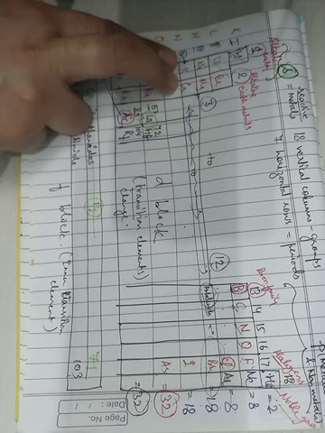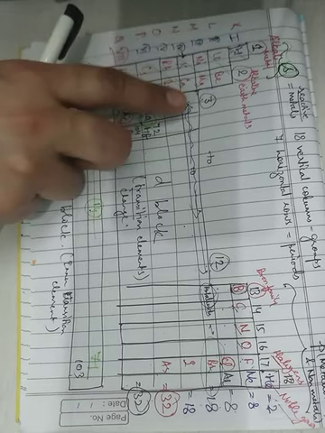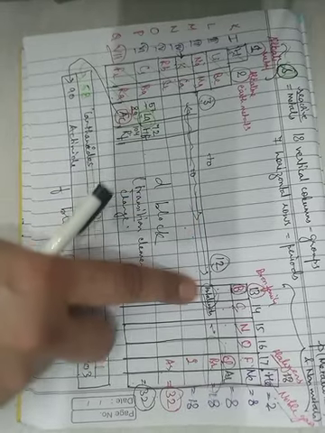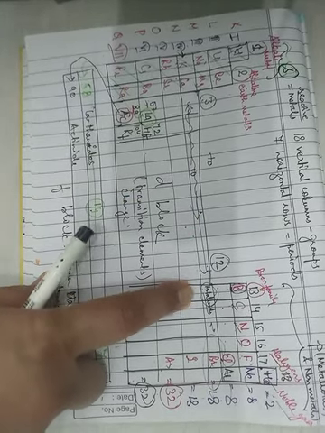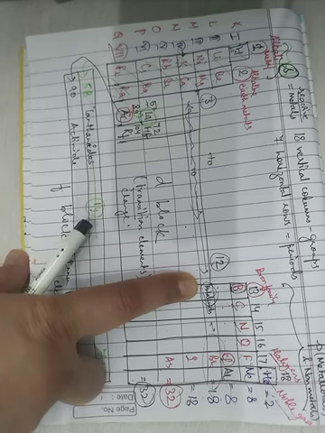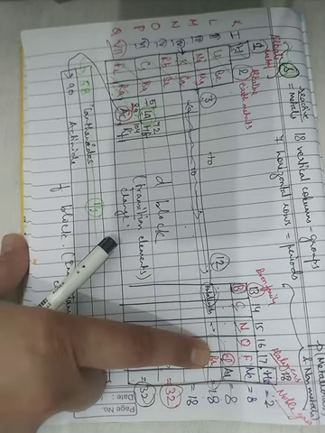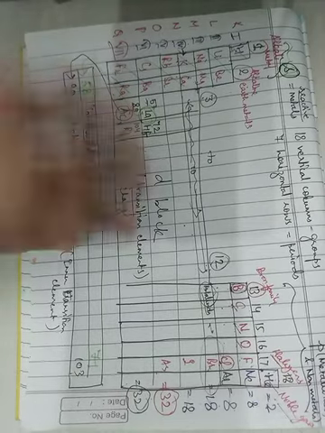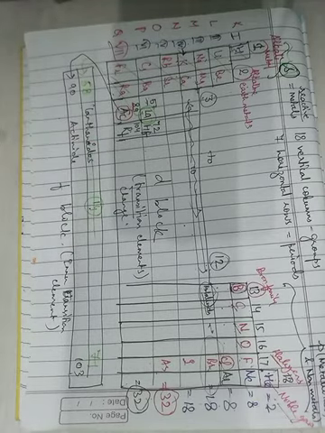Like these are 100% metals, somewhere in between you will find 90% metal, then 80% metal, then 70% metal, and when you reach here it becomes 50-50% nature, and then after it becomes non-metal. So this basically bridges between extreme metallic and non-metallic character. That is why they are called transition elements.